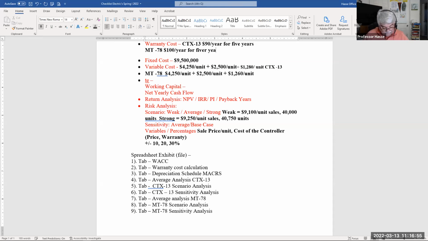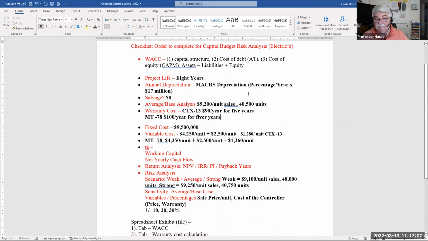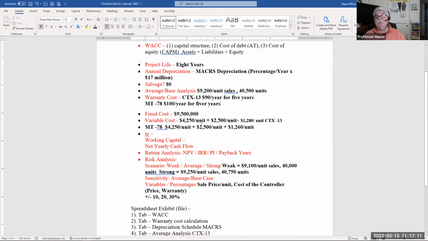Now, in doing this warranty analysis, remember, these variable costs you're inflating at the inflation rate, which in this case, I believe, is 3%. You're inflating those every year. But the warranty cost is a 5-year cost for each unit produced. So you're going to include the inflation in your 5-year cash flow analysis of those 5 years of cost that you're going to present value. So that's why it requires a separate line on your case analysis.